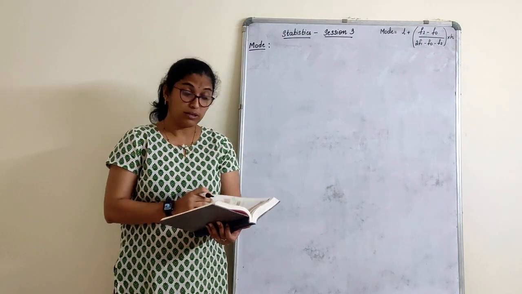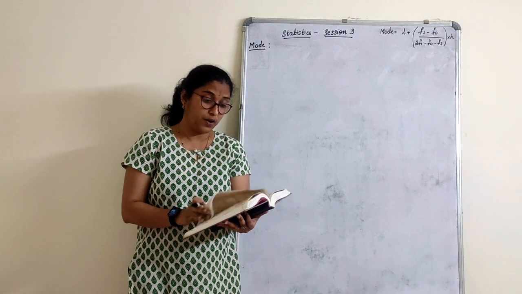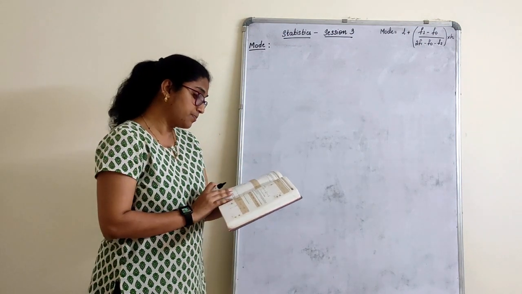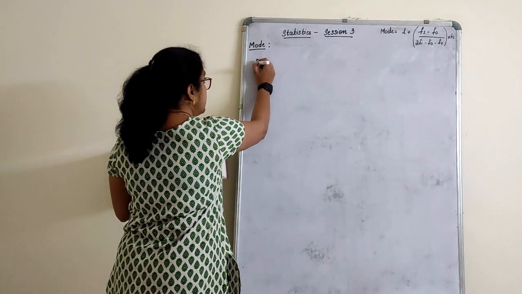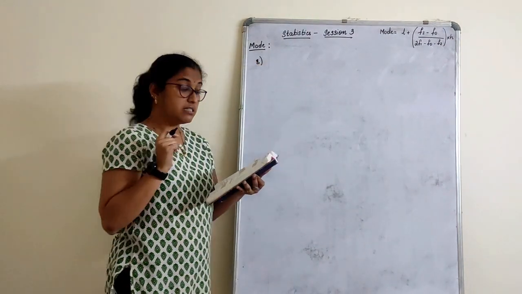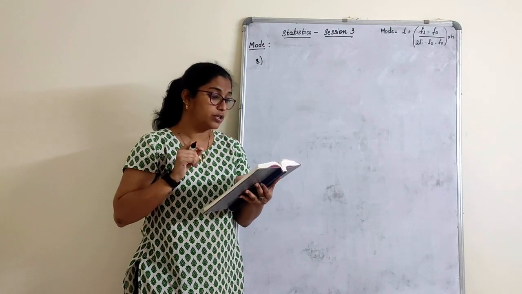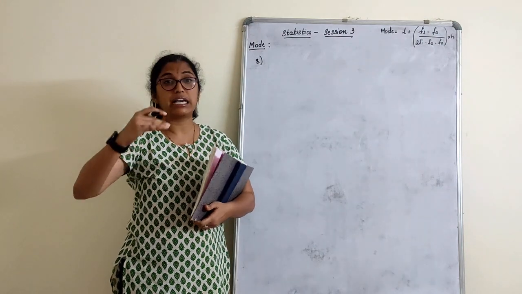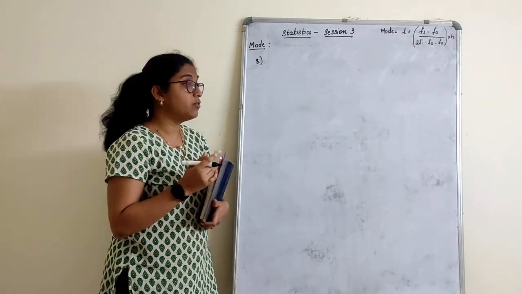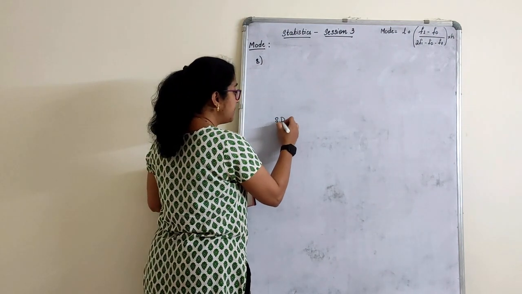Now one thing I would like to tell you is about yesterday's sums that I had given you for homework, the eighth question. What I saw was in mean, right? The class intervals given are 0 to 6, 6 to 10, 10 to 14, 14 to 20. So that means there is a varying size of the class interval. Now, where do we use the size of the class interval? We use that in the step deviation method.